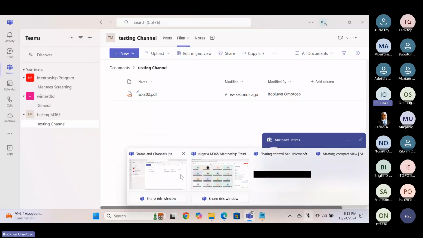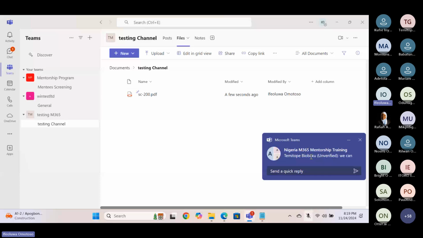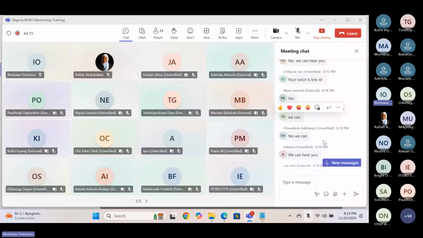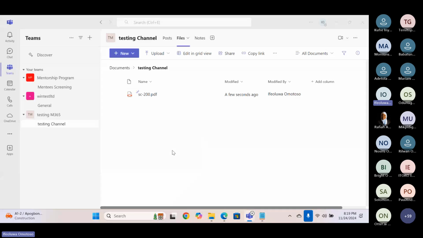So yesterday Joseph mentioned something, that the administrator, based on the organization of teams in an organization, because when you create a team, a Microsoft 365 group is created, a SharePoint is created, and for the SharePoint that is created, remember that your SharePoint is based on a quota, which is